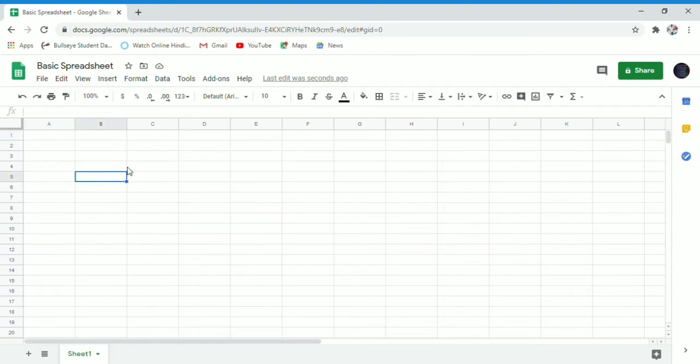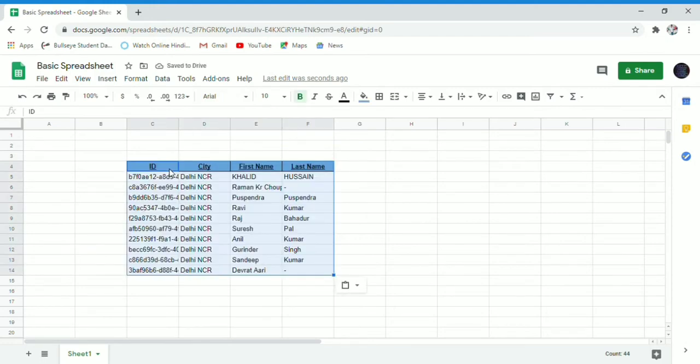So in today's video we are going to learn how we can share this spreadsheet with several people, and how we can protect cells, or how we can pin the selected terms of data. Like suppose we are having this sort of data in 4 columns C, D, E, F.